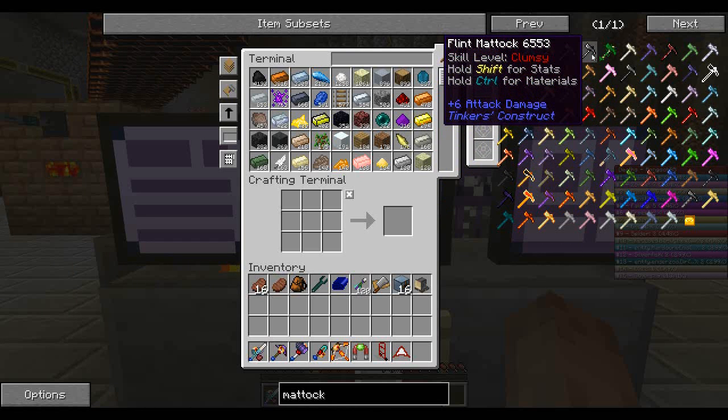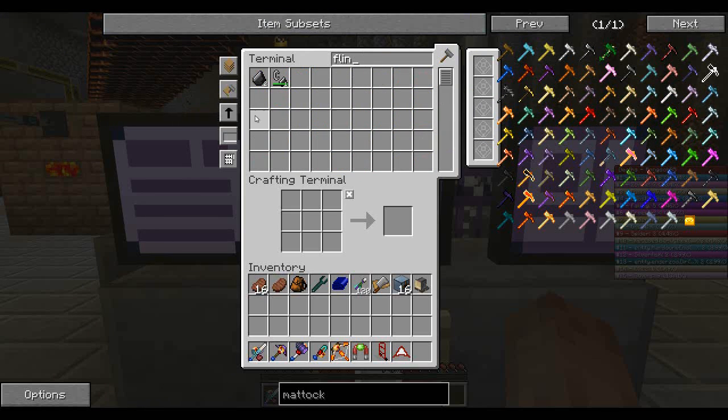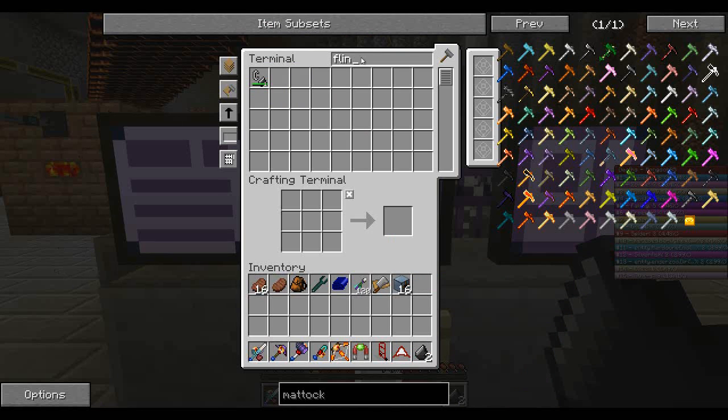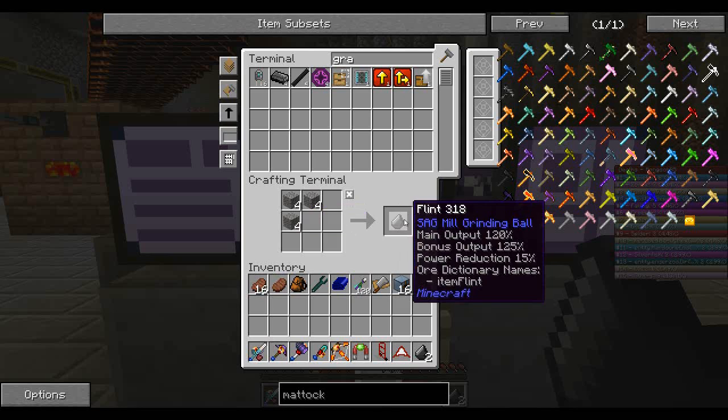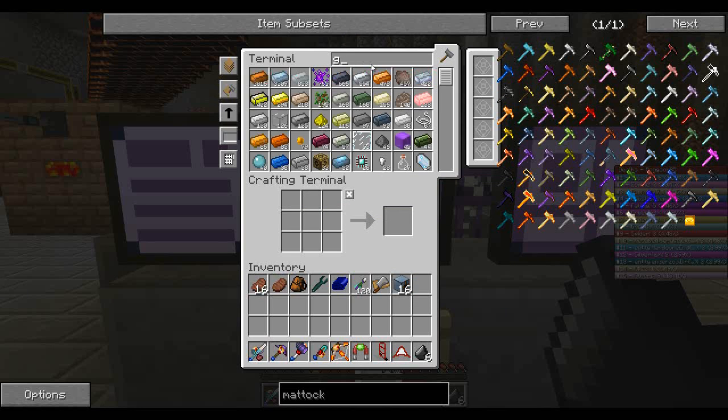We can make flint. We could use flint. Do I have flint? I have 2 pieces of flint. Wow, that's a lot. I don't want this, by the way. Do we have gravel in here? We have 12 gravel. Sweet. Now we have 6 flint. Perfect. And then I want some...